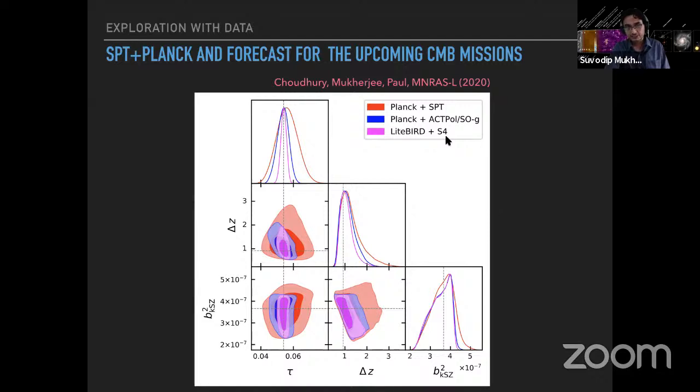combination in magenta. What you can see here, usually what you plot or like to plot is the mean redshift of reionization and delta Z. That's only this part of the parameter space. But now there is a significant degeneracy between the delta Z and tau with the bias parameter. And we can then use this 3-parameter model to map the observed power spectrum of kSZ with the parameter space of reionization, which are now delta Z, the mean value of the redshift of the tau, and the bias parameter.